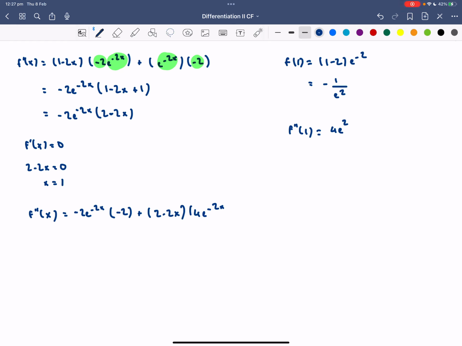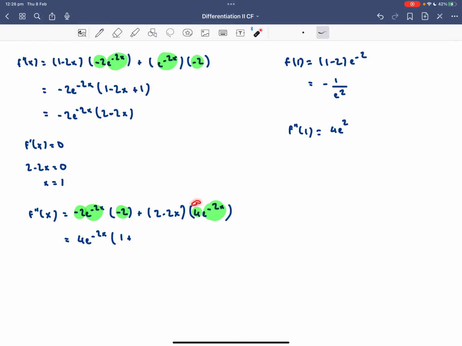Copy out one, differentiate the other, plus the other way around. Again, I'll simplify that. What do they both have in common? e to the minus 2x, e to the minus 2x. They have 4 in common. Minus 2 times 2 is 4. So if I factorize out 4e to the minus 2x, what am I left with? I'm left with 1